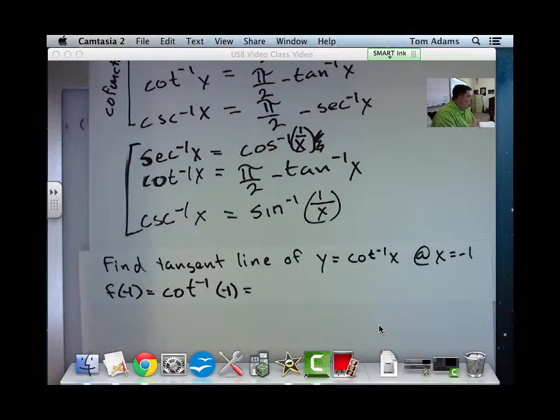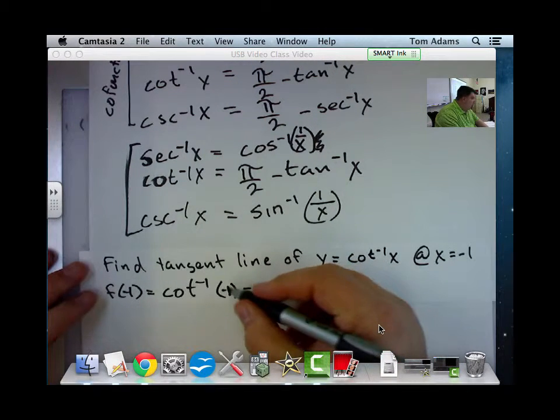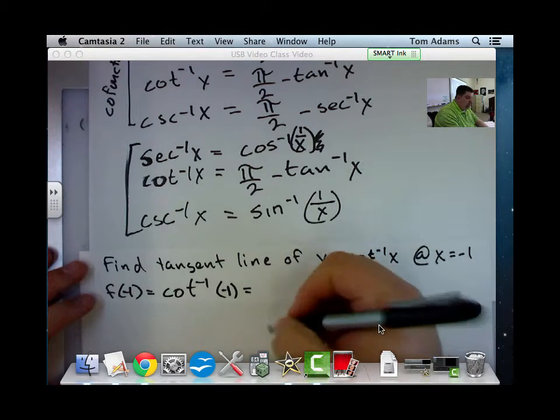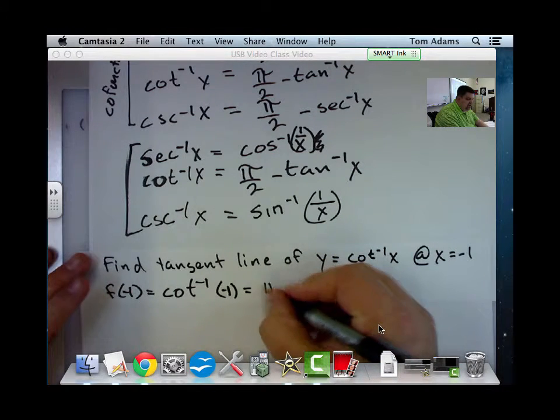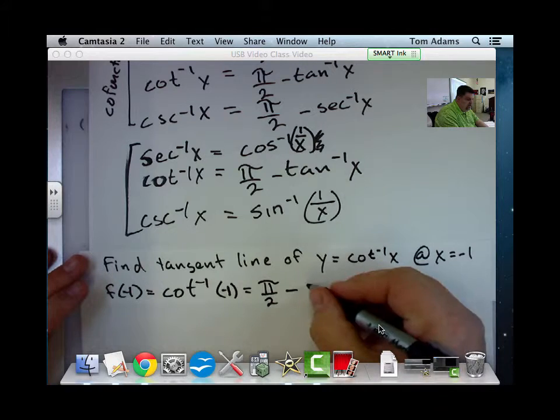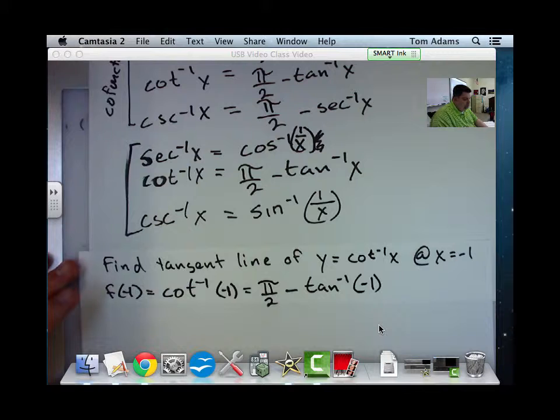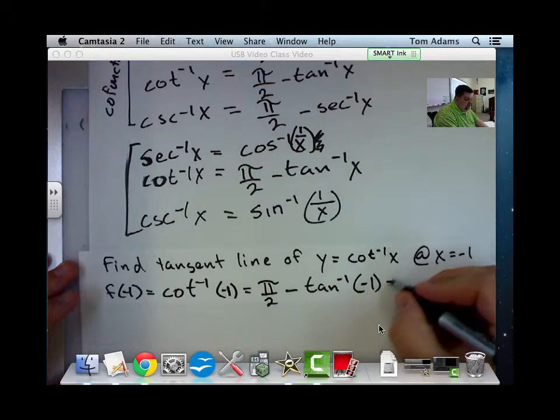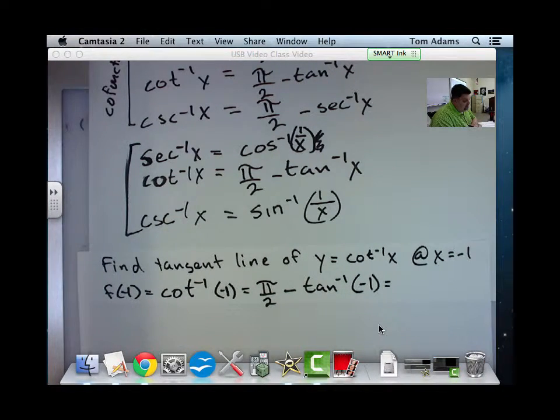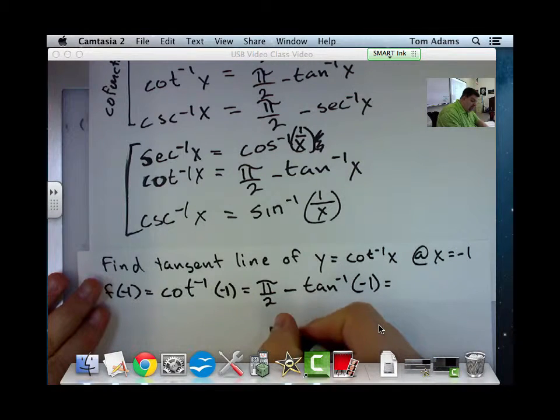Well, that's not easy to do because I don't have cotangent on my calculator. I can't grab my calculator and take the arccotangent of -1. But I do have the arctangent, or the inverse of tangent. So this is the same as pi over 2 minus tangent inverse of -1. Okay? Now, I don't need a calculator to do this either. Because, if you guys remember,